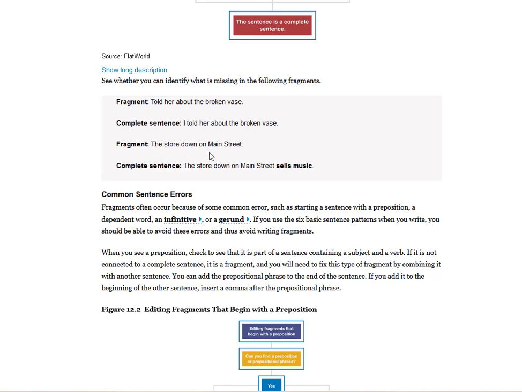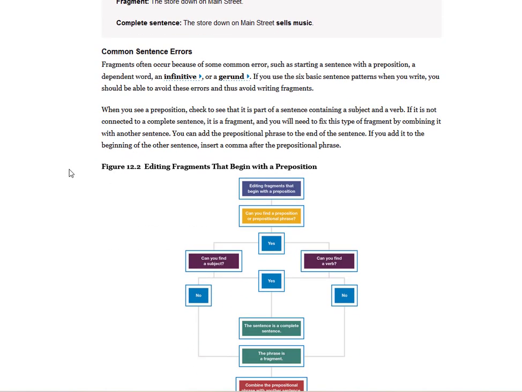Fragment: the store down the street. This is missing a verb and a direct object. So: the store down the street sells music. Fragments often occur because of some common error, such as starting sentences with a preposition, a dependent word, an infinitive, or a gerund. If you use the 6 basic sentence structures when you write, you should be able to avoid